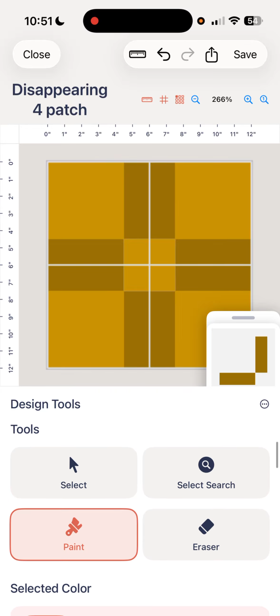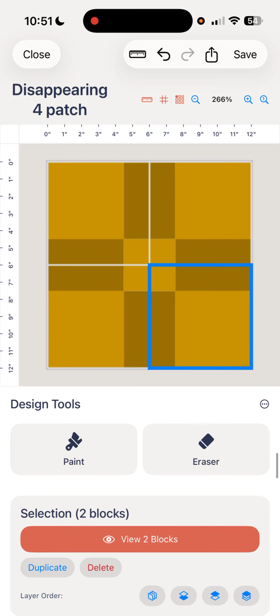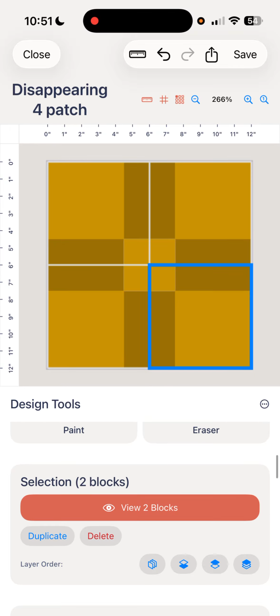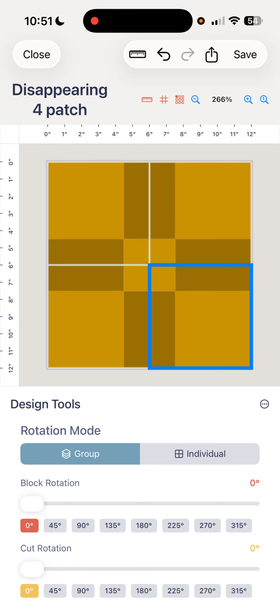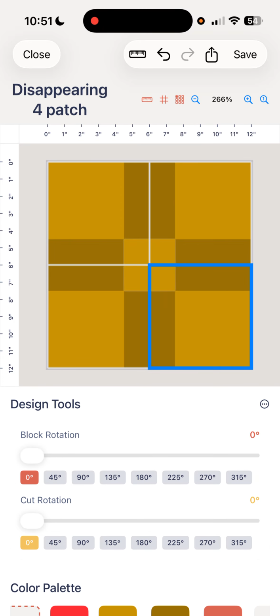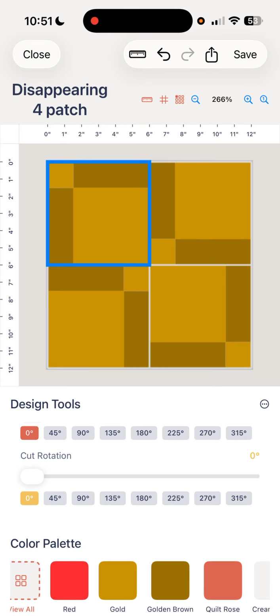And if I come up to my select tool and I select my block, you can see that it actually selects both of the blocks. And now I could use that rotate tool to, well, not block, I've got to rotate the cuts. So I rotate the cut on that one, and now I can kind of see what that looks like, and I'll probably want to rotate this one as well. So we'll go ahead and rotate that as well, and let's see what that looks like. So if I unselect these,